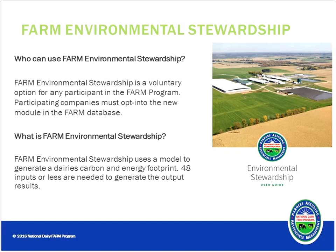So what is Farm Environmental Stewardship? It uses the model that Juan just explained to get a dairy's carbon and energy footprint from normally just under 48 different inputs. I've done several of these, and I can tell you that it takes about an hour in addition to your existing animal care evaluation, or an hour to the farm by itself. We'll talk a little bit later about how to make sure that you get that done in an hour, but you can also